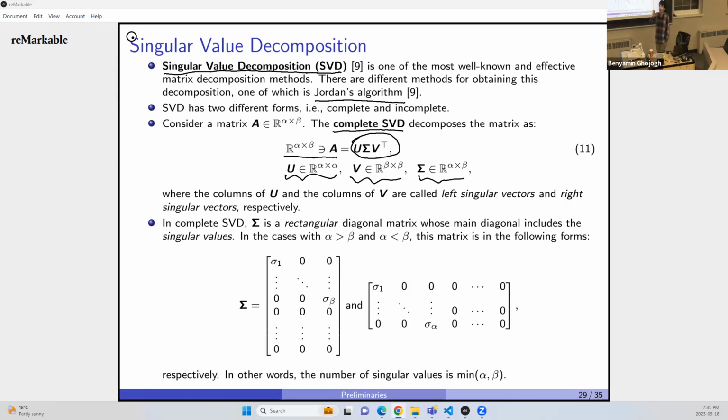Because the matrix was square. So I had U sigma U transpose. On both sides, I had U, left and right. Here I had U sigma V transpose. U and V are different because this is a rectangular matrix, right? In fact, if you make this matrix square, U and V become similar. Okay. So now,